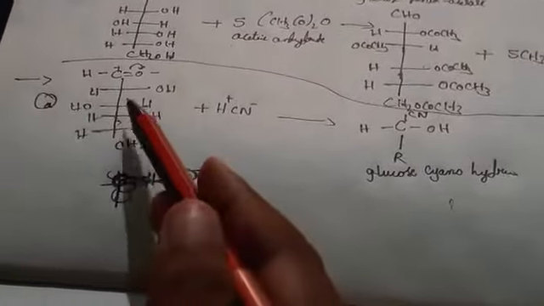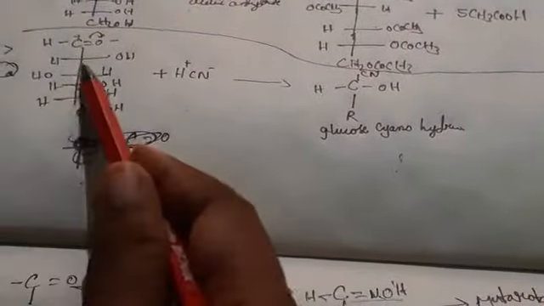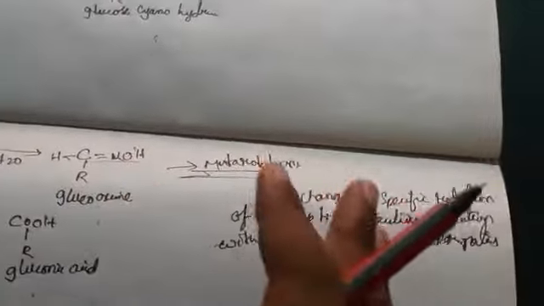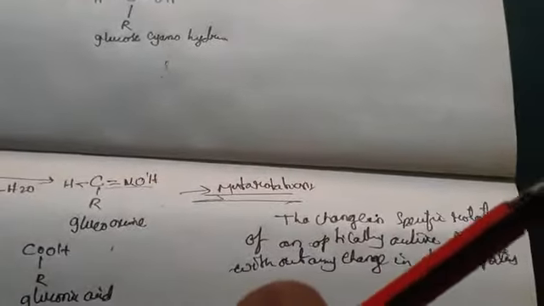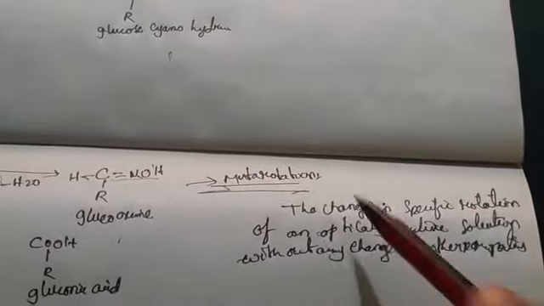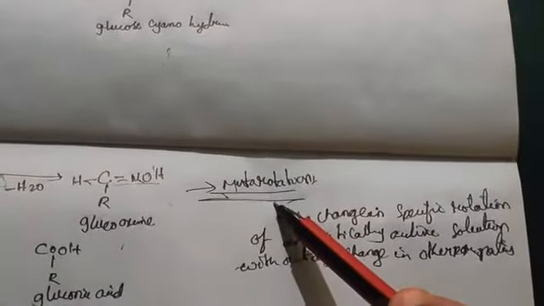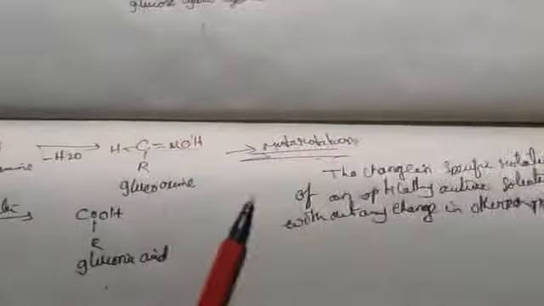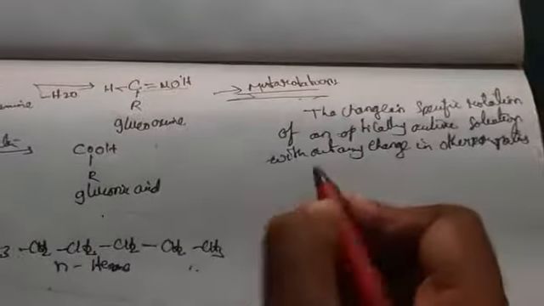These 4 carbons indicate optically active compounds. Here there is a change in the specific rotation of the optically active compounds without changing any other properties. So other properties will not be changed, only the specific rotation values will be changed. That one we call mutarotation. It exists in 2 forms, that is the alpha form